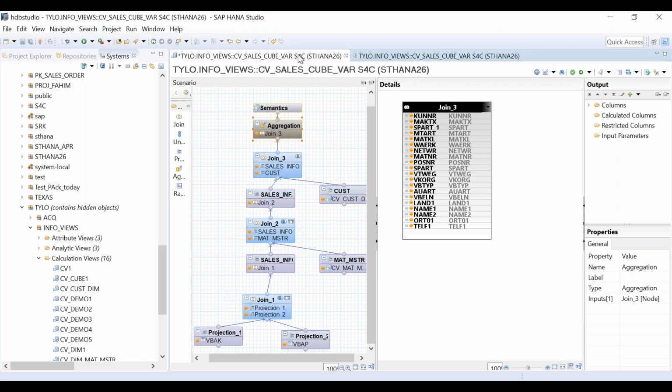So variable and input parameter are the control mechanisms through which you can control the flow of the data, but both of them have different utilities, different pros and cons, different powers, different limitations.